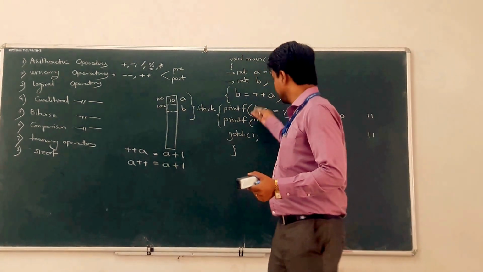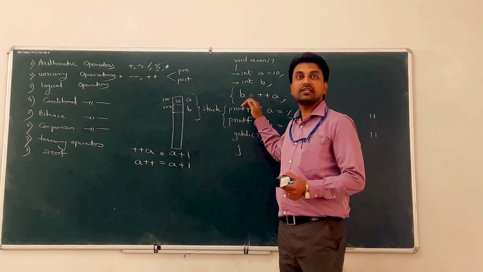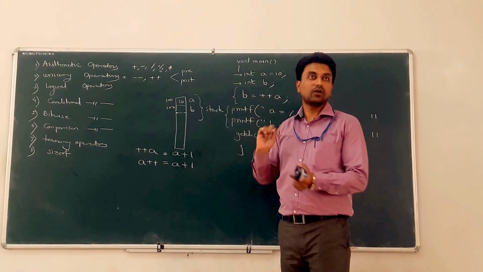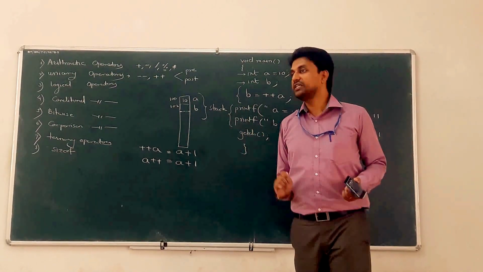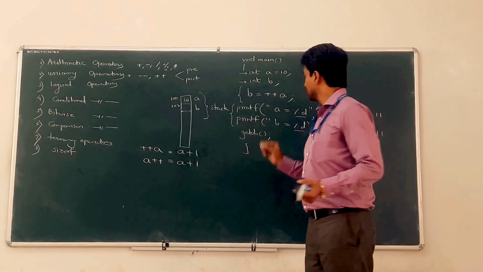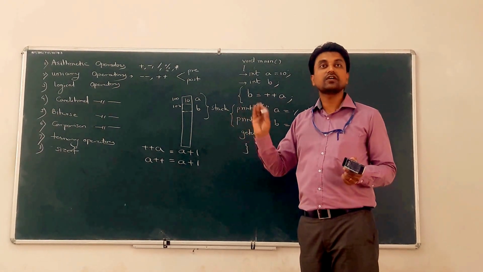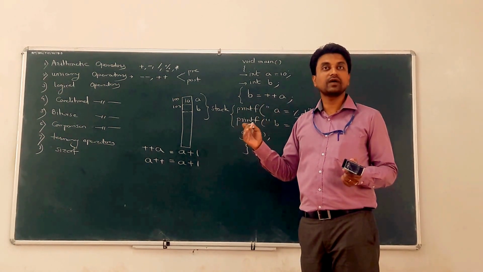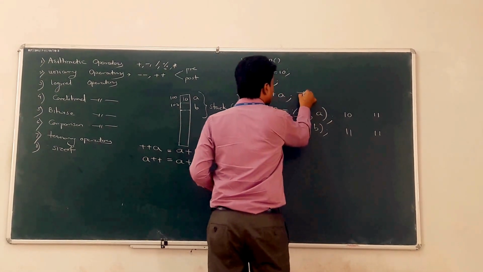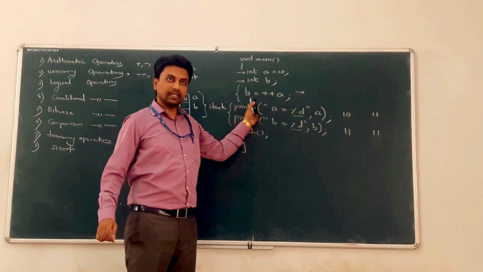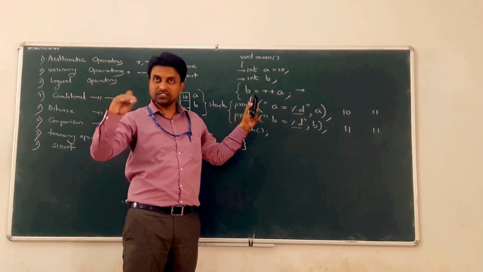Whenever there is a shorthand notation in your source code, it makes it longhand, broader, or simplified, so that the compiler understands the meaning of that. This is a shorthand notation. The compiler does not understand it. So before that, the work of preprocessor is to expand the code. Okay. So how will it expand it? This line is a single line, but before submitting to the compiler, preprocessor expands it.